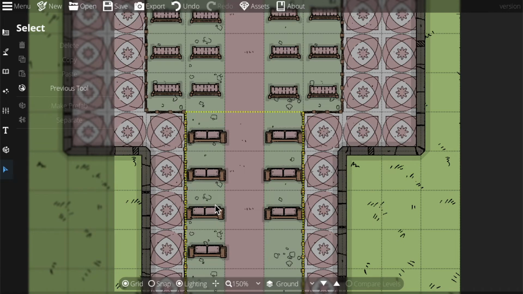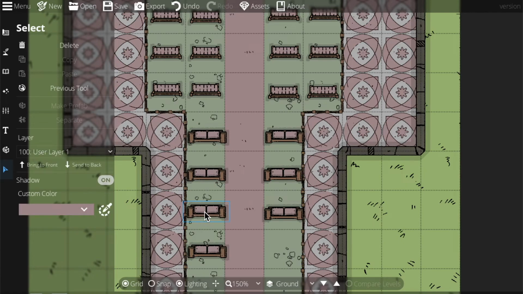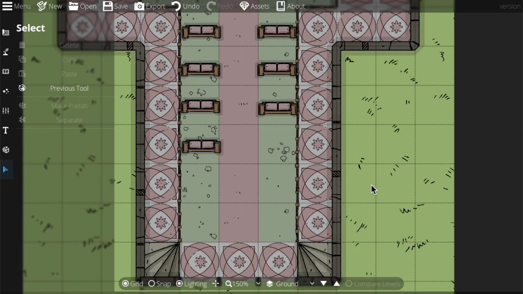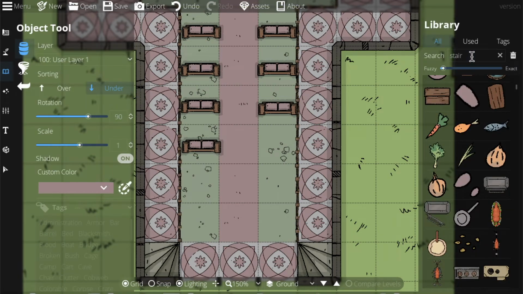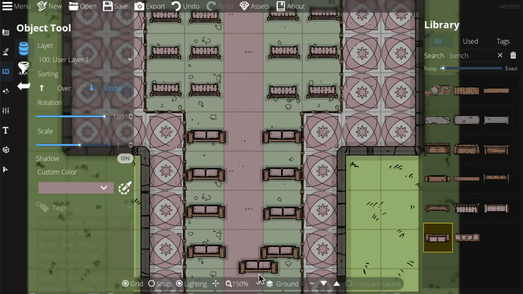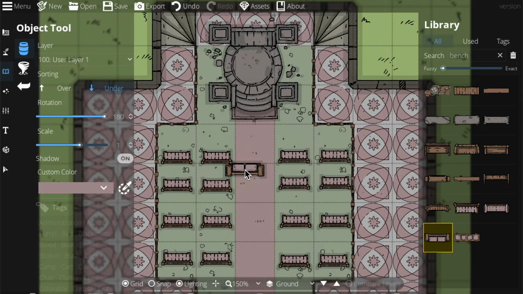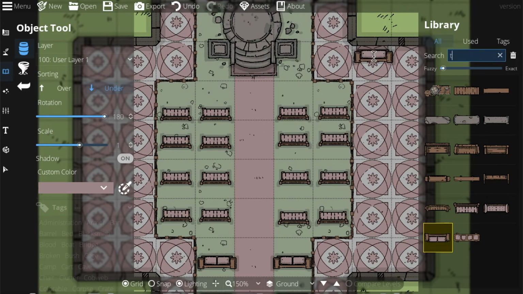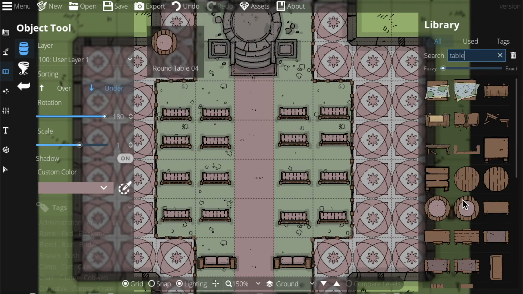But let's just center these benches for now. And just like that, put them in the center of the thing so they're not overlapping too much with the fence that separates the balcony, just like that. Alright, we need to return to the object tool to find that extra bench and drop it in there. Great. Alright, now we've got a reasonable looking church, but we just need to add some finishing touches, like some